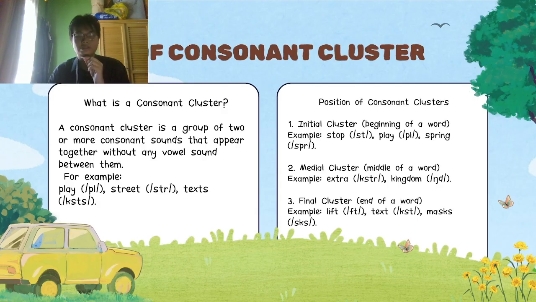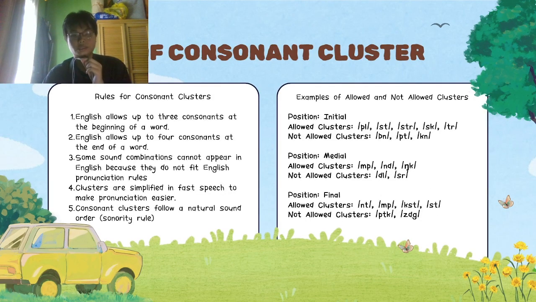Pardon me again for the pronunciation. And then move on to the rules of consonant clusters. The first rule: English allows up to 3 consonants at the beginning of a word, like spring, SPR, and street, STR. The second rule of consonant clusters is English allows up to 4 consonants at the end of a word, like